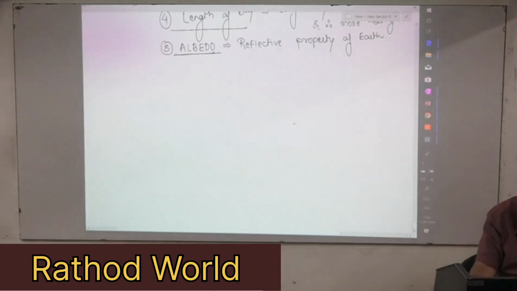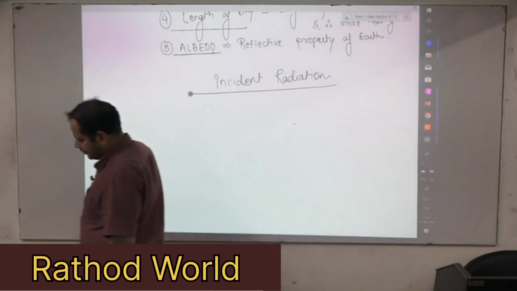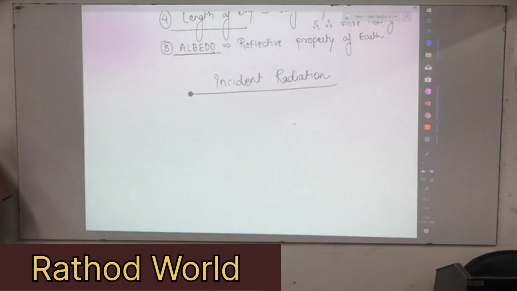It determines how much of insolation, or incident radiation, which is nothing but insolation, is reflected directly back into the space